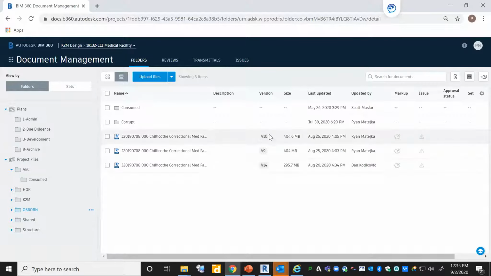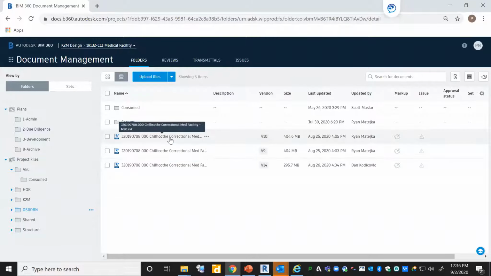These are the different published versions and who last published them. If there's any issues or markups, you'll see little flags here identified. Here's your upload file. If you click on a checkbox, some more options pop up here to basically manipulate, or you can download your source file if you're an entitled user for your license. As far as reviewing it though, you find your file, and then let's click on,